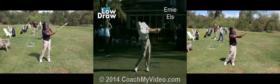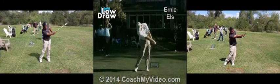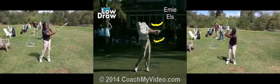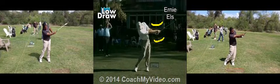So what we really want is, as the golfer moves through impact, we want those forearms to rotate and get that club face closed correctly on the way through. So we really want that left hand underneath, that right hand on top. And that's just what we did with this golfer, we worked on proper forearm rotation, and we can see now the forearms rolling over, rotating, the left hand underneath, the right hand on top now,